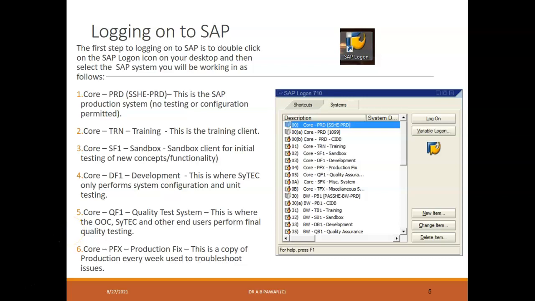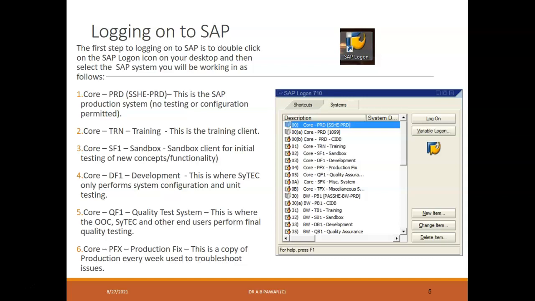The prime objective here is to make you aware, because when you get your SAP Education Console access, you are going to see the various windows of this SAP logon.